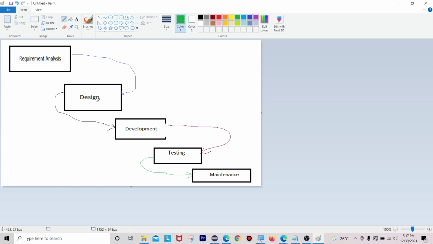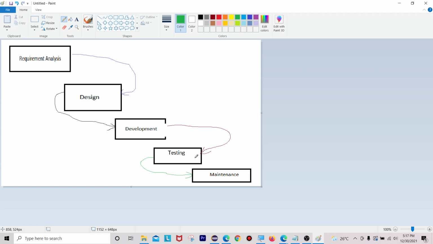Once this design phase is clear, they will go to the development phase, where they can see that piece of code which is developed by the developers. Once the coding part is done, that code needs to be tested. By whom? The testers are going to test the developed code, whether that application is working fine or not on their developed environments. Once that is done, we have to test it on our test environments. Once the testing is completed, only then does it go to maintenance.